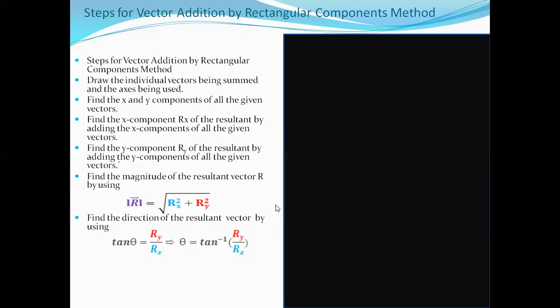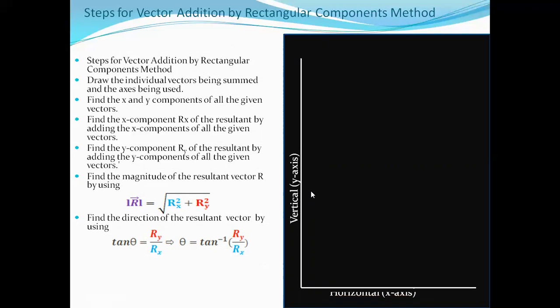Now let us revise in the form of animation. We will choose two axes, one y-axis and one x-axis. We have two vectors over here, A and B, which have theta 1, theta 2. We divide them rather than using head to tail rule. We are basically now dividing them by